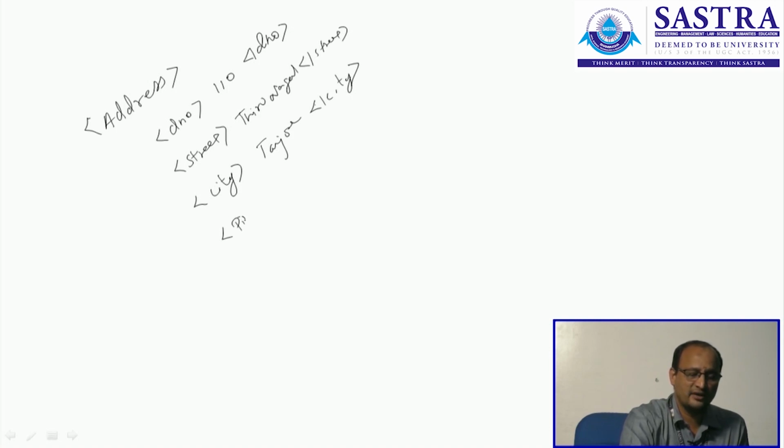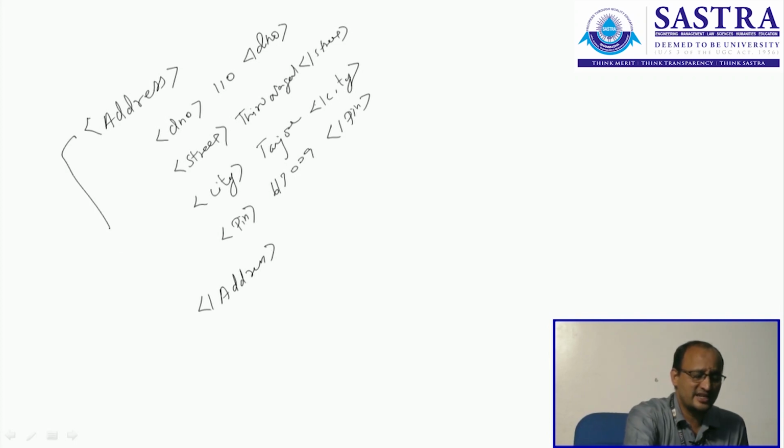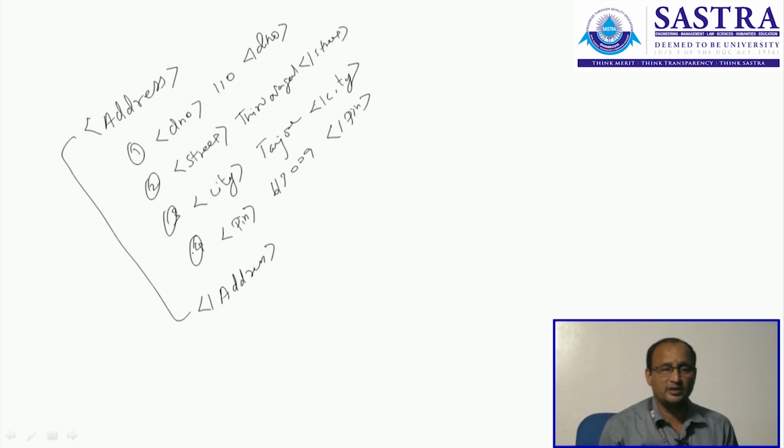Then pin I have. Here, I should not change any one of the sequence of the elements. Actually, I wanted to have the same way. I should not do any changes on this. First, door number should be, second, street, third, city, and finally the pin can be given as a fourth child